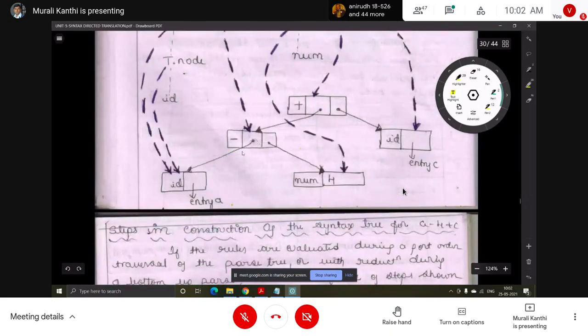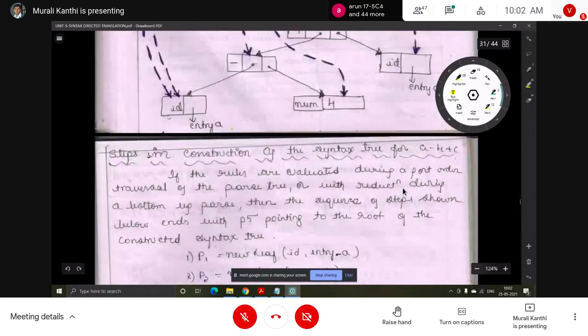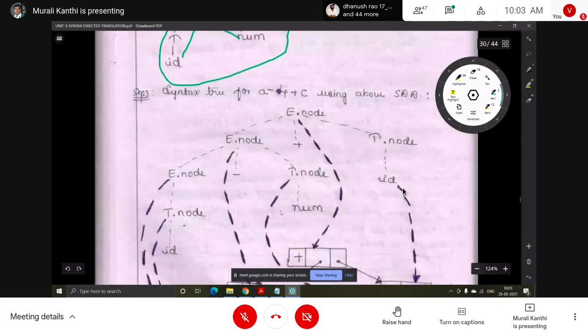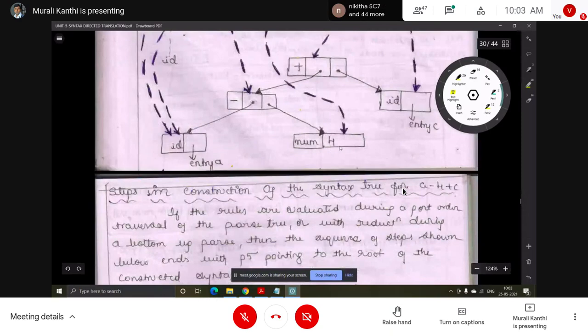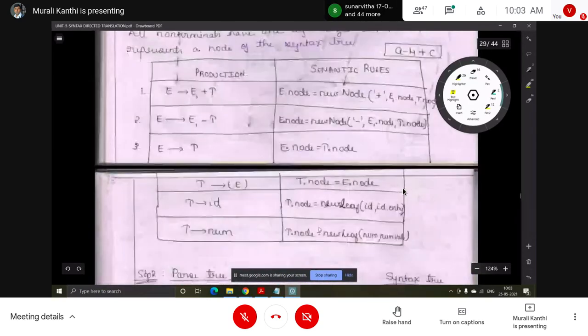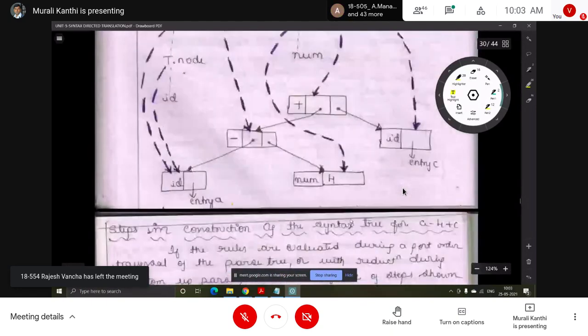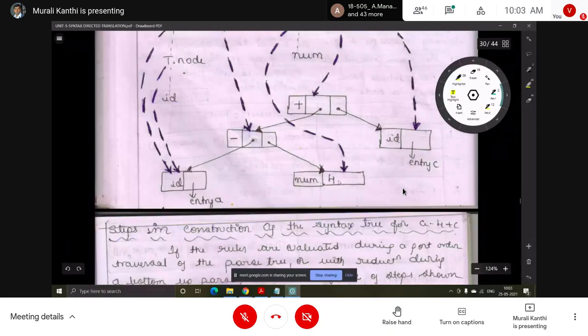Same thing. E.node means whatever is generated from the left side is the left side of this node, and whatever is generated from the right side will be the right side. Number is a leaf node, so for that we have num comma number.value: one entry for number, another for value 4. So next